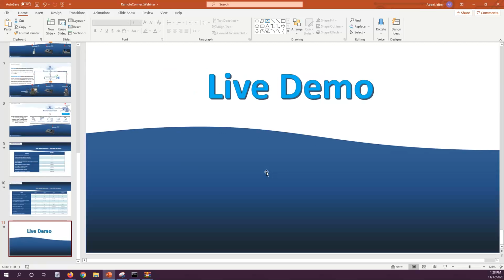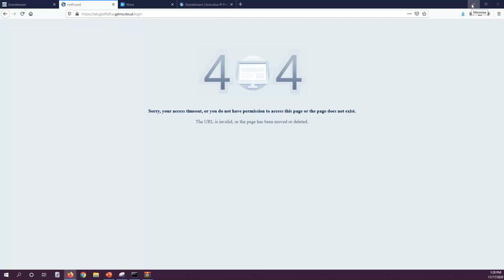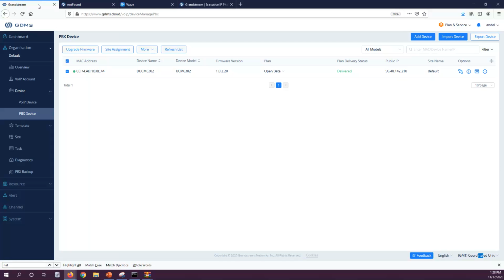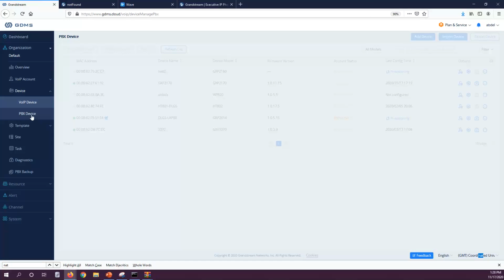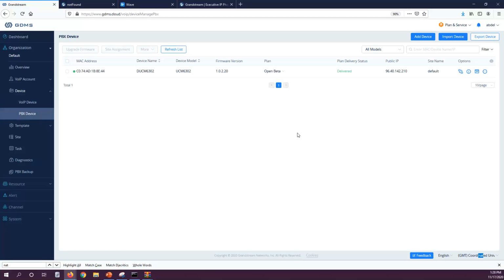All right, so let's do some configuration using GDMS and the UCM. I'm going to log into my GDMS account first. So let me go back here. When you purchase the UCM or you receive your UCM 6300, again, this option works only with the UCM 6300. It's not going to work with the UCM 6200. So if you receive your UCM 6300,